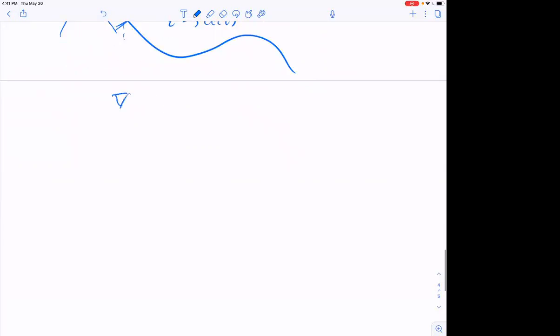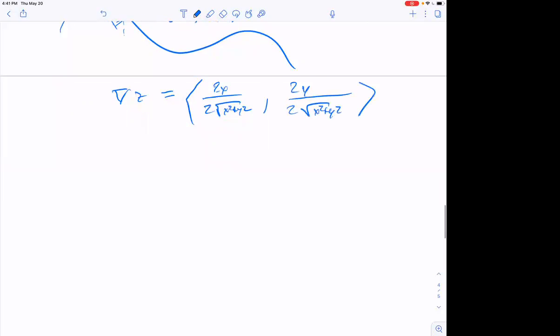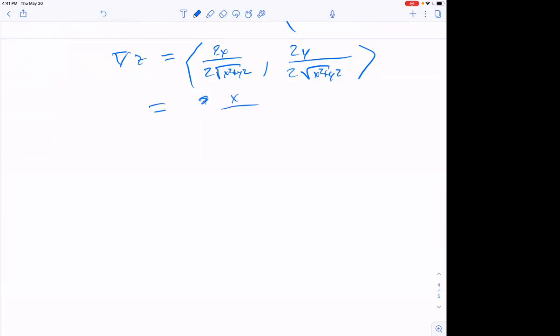So let me say something about this. The first step, as you may have imagined, is computing the gradient. The gradient of z, which is our function, is 2x over 2 root x squared plus y squared. If you're unsure about how I did that calculation, you should do it in the privacy of your own home, because there's a high chance you'll see something like it on your exam tomorrow. Then you get 2y over 2 root x squared plus y squared for your other derivative. We can simplify: that's x over root x squared plus y squared, and y over root x squared plus y squared. And we plug in the point